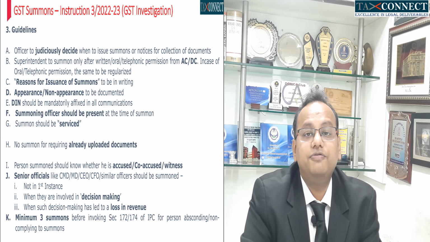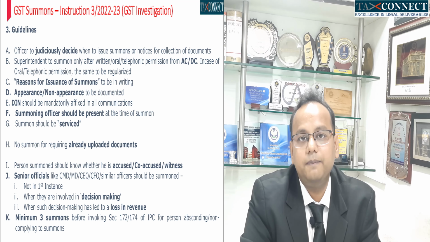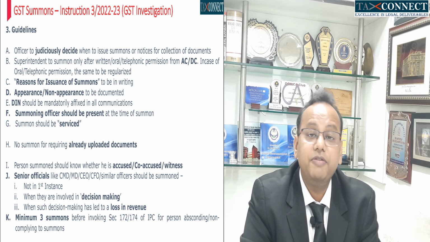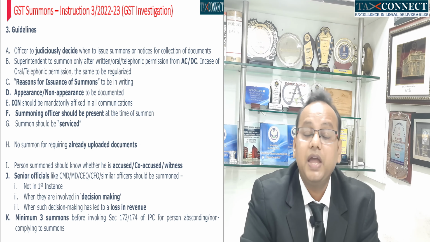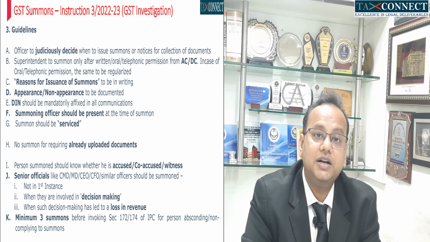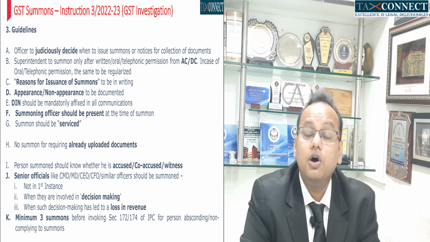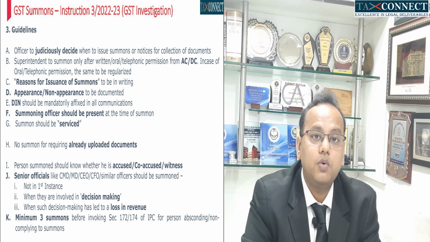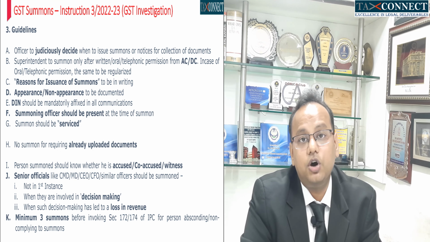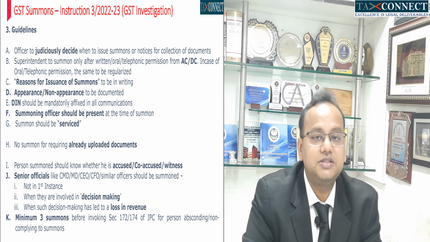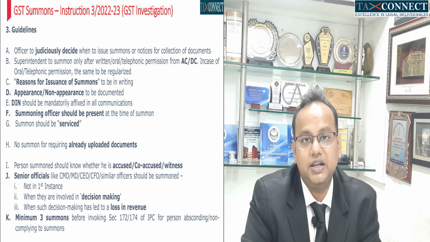A minimum of 3 summons have to be issued before invoking section 172 or 174 of IPC and alleging that a taxpayer is absconding or not complying with the requirements of a public servant. And we have already discussed that these summons should be serviced adequately before invoking section 172 and 174